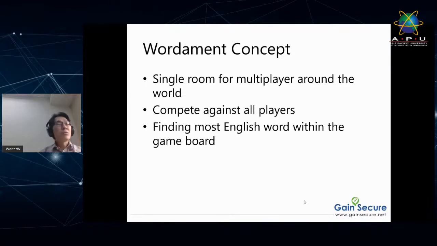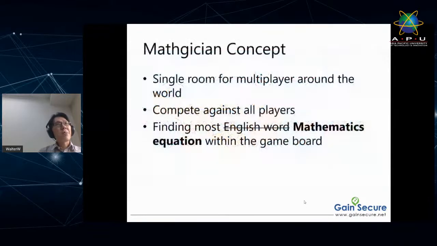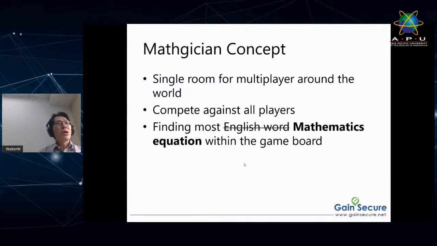A lot of the time when you build something, you have to think everything from scratch, right? Sometimes it's beyond your capability to execute. So what I did is I'm very honest. I referred to this game. I have a process, right? I built something called the Magicians. So this is the poster. I followed the first and the second rules, and what I did is I just changed the mechanics, the gameplay. From English words, I changed to mathematical equations. That's the whole goal. That's all I did.